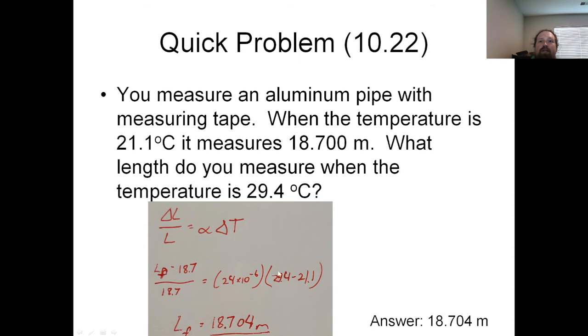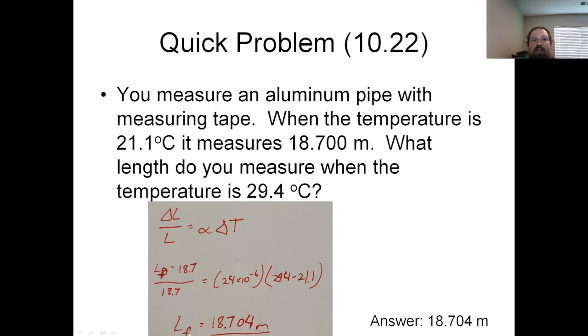So our final temperature, 29.4, minus our initial temperature of 21.1. As I said earlier, this is one of those cases where there's a delta T in the formula, which means that delta Celsius and delta Kelvin are both legal here, since the change in Kelvin is the same as the change in Celsius. Now, these are only unknown as length final,